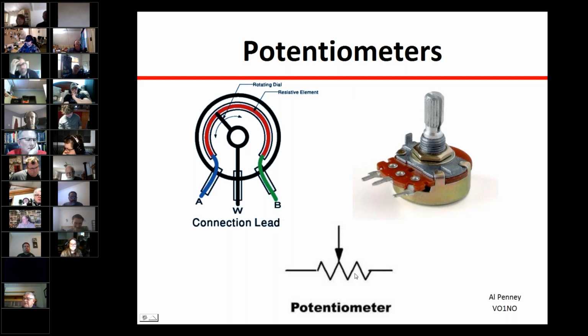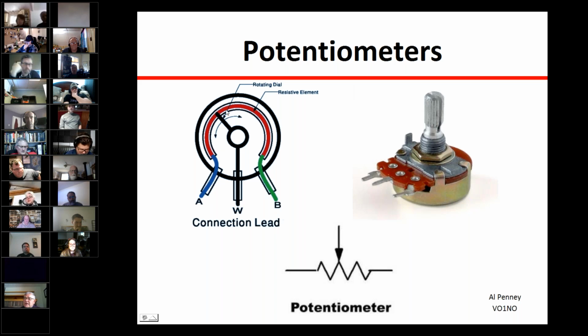This, by the way, is the symbol for a resistor. I should mention that. Symbol for a resistor like that. So from here, going through here like this, from A to B, there's a fixed resistance determined by this material in here. But this center connection is attached to this shaft, and you can move that from here all the way around to here. So the resistance between A and W and the resistance between W and B will change